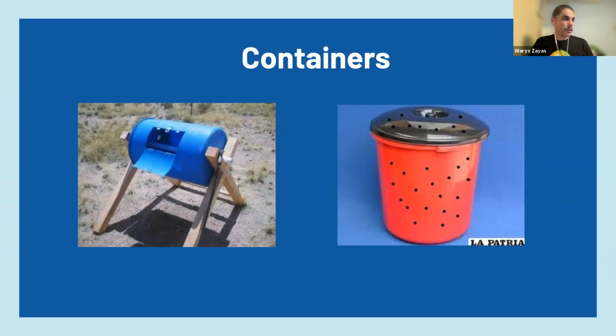The one on the left is a tumbler, because that helps to turn the material inside and mix it all the time. The other one holds the material in a static way. That's the reason why it has all those holes, to allow air to enter and pass through the material, right? As well, you can buy containers that are built for composting. Sometimes the price is kind of high, so that's the reason why I show you those cheap options, right?